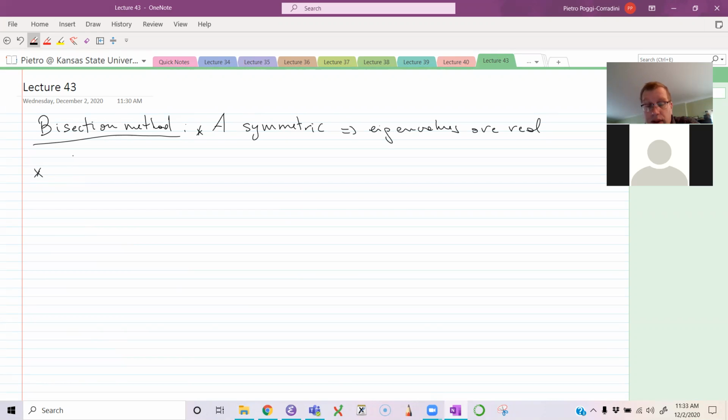Let's also assume that we've put it in tridiagonal form, like that. And then let's call the leading principal submatrices